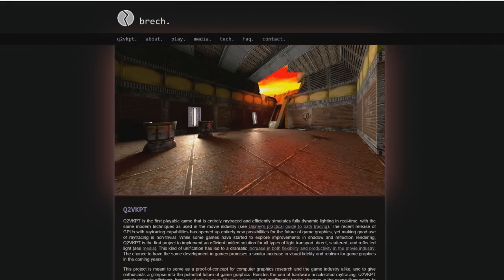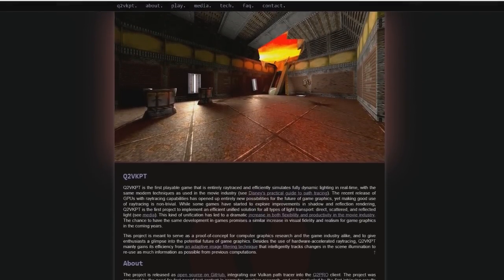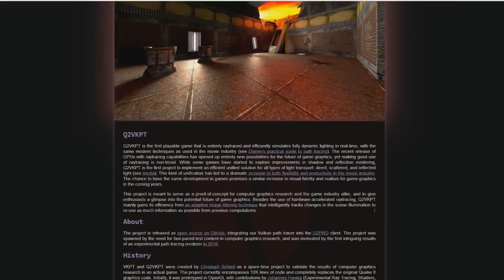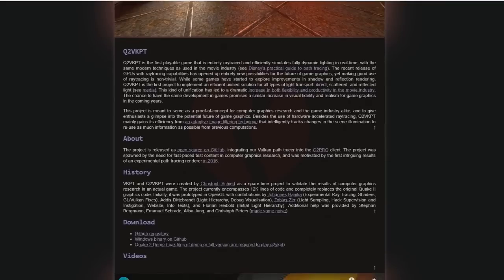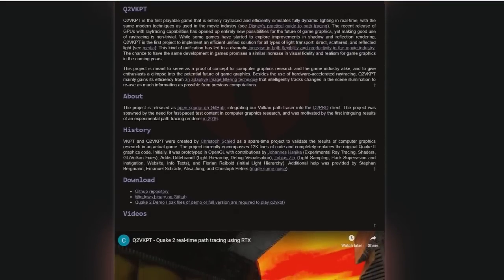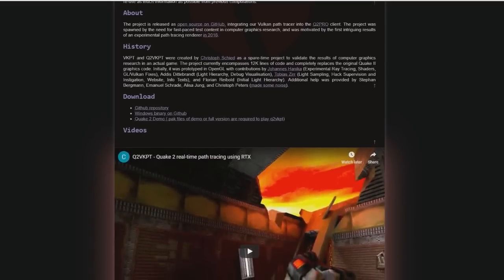Did you see, and this was crazy, somebody actually managed to do a real-time playable video game of Quake 2 in ray tracing and RTX? Yes. And I see these links because all the stuff is there. You don't even need the full version of the game. So if you don't have it or don't want to find it or purchase it, very inexpensive these days, you can just use the demo. The original Quake 2 demo is fine. And there's actually the link